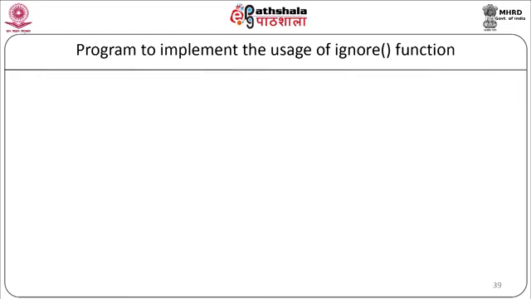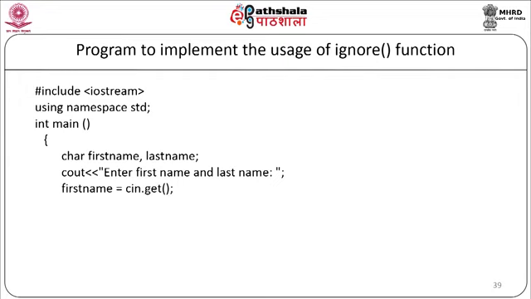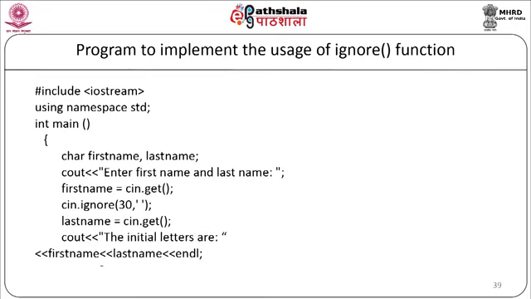Now let's see a program to implement the usage of the ignore function. We'll start with our program: #include <iostream>, using namespace std. We'll start with our main function, int main. We'll declare two characters as char firstname, lastname. We'll display the message to the user as "Enter first name and last name". firstname is equal to cin.get(). Now we will use the ignore function as cin.ignore(30, ' '). lastname is equal to cin.get(). Now we'll display the message as cout << "The initial letters are" << firstname << lastname << endl; return 0, end